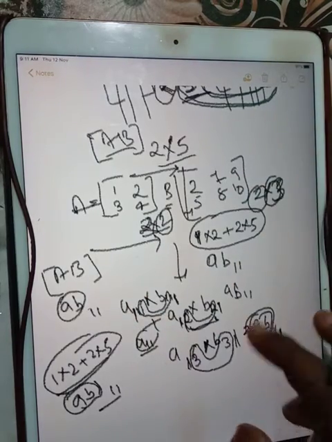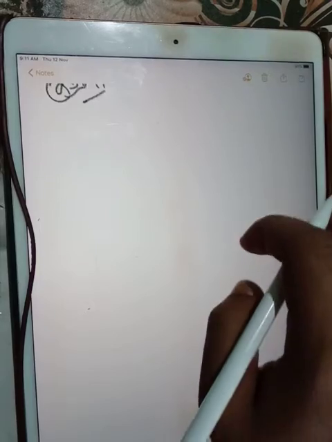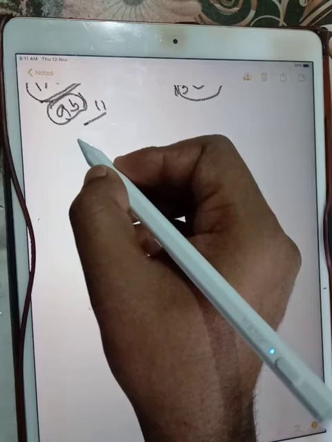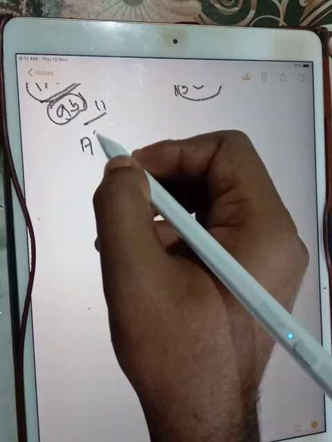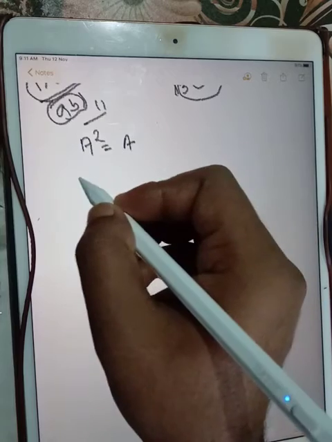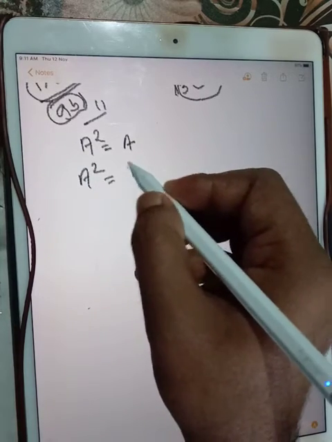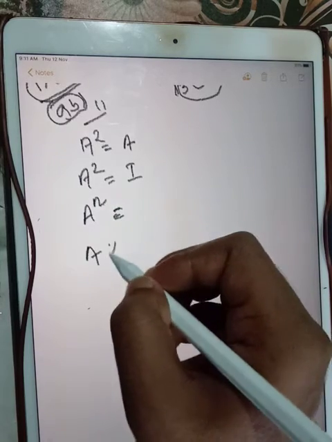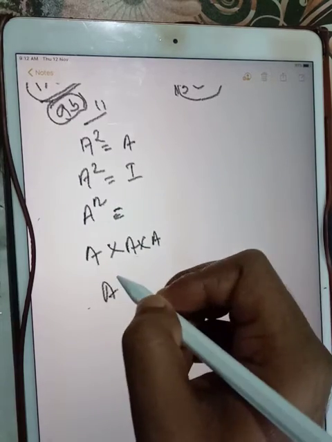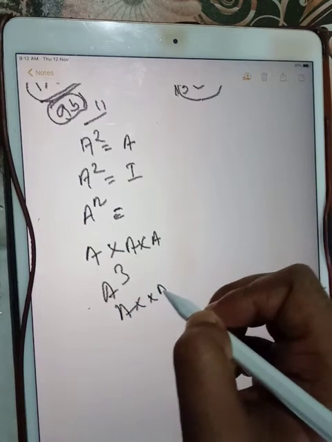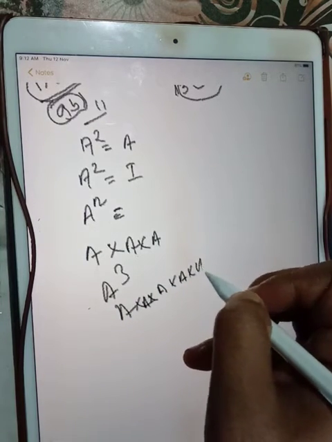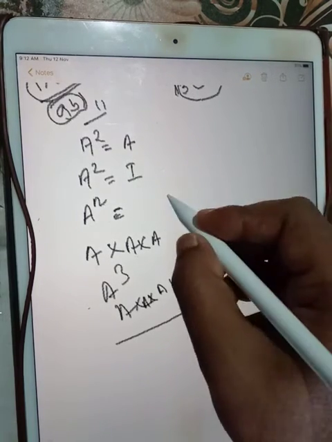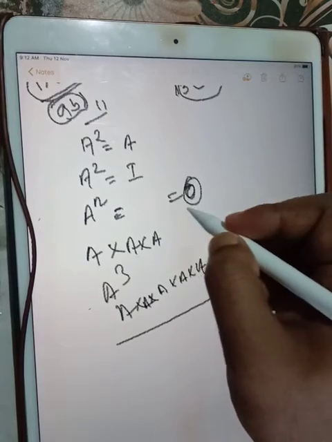Okay, got it? Now it's easier for me to explain idempotent. Idempotent, I have already said, is A square equal to A, and involutory is A square equal to I, and nilpotent is A to the power n. If you are multiplying A into A into A, then A cube, then A into A into A into A into A, that is A5, like that. If you multiply in this way and get 0 for the first time,